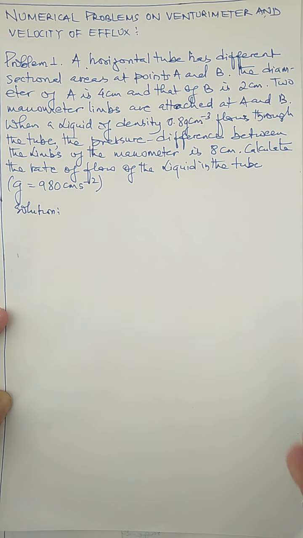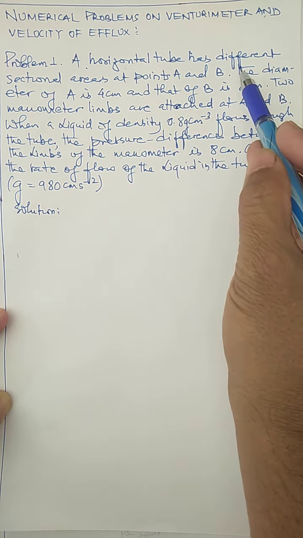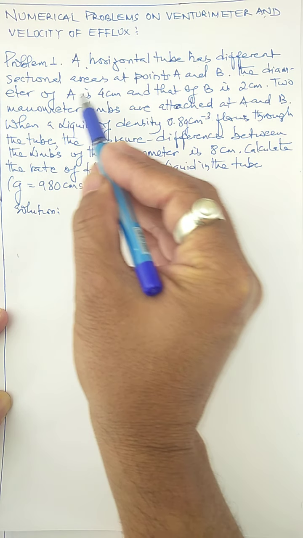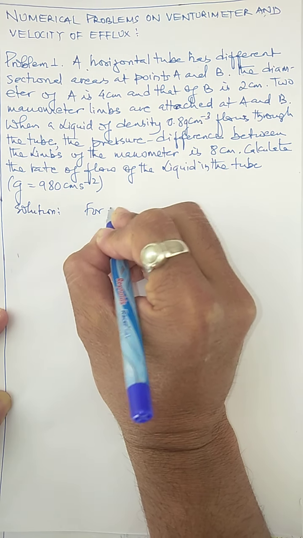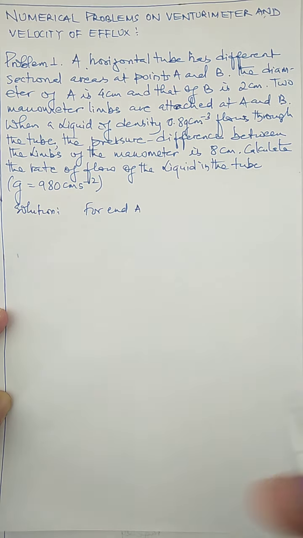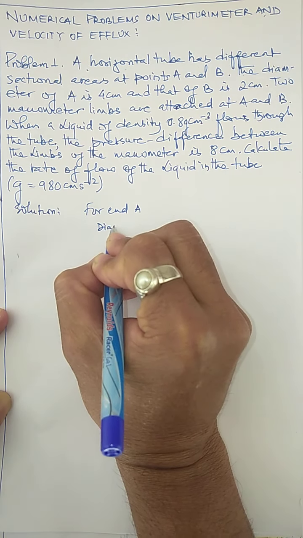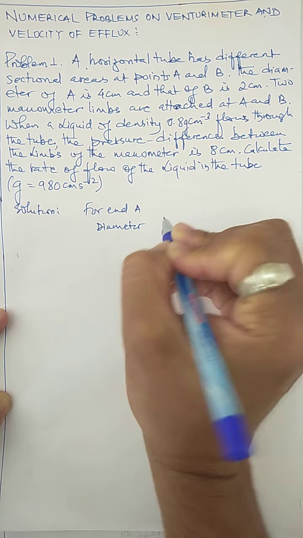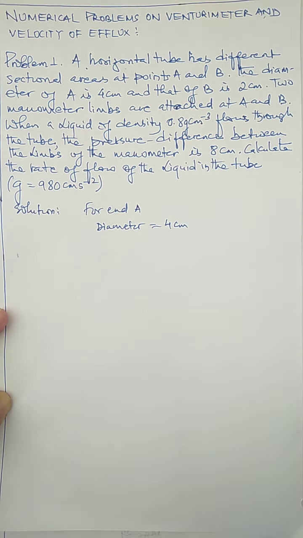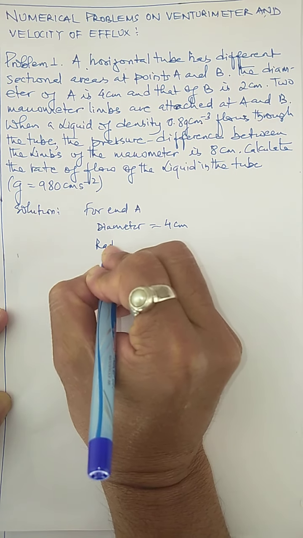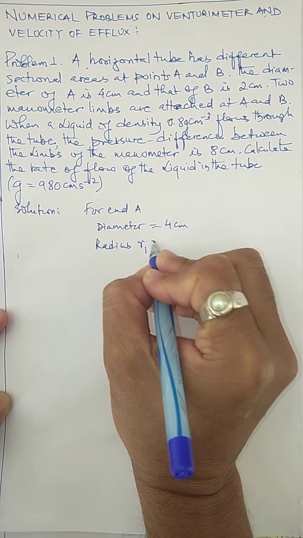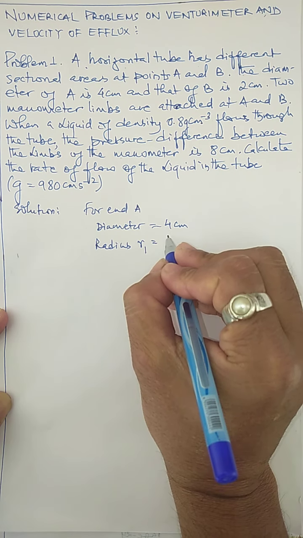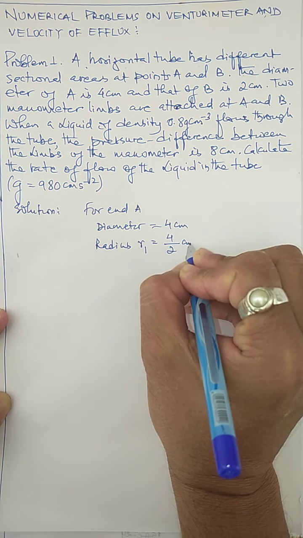Now the cross section areas are different, but the question says that the diameter of end A is 4 centimeter. Let me write down for end A of this horizontal tube, the diameter is given, and that diameter is 4 centimeter. Now when the diameter is given, then we can calculate the radius. I write that radius is marked by letter R1, which is half the diameter. Half the diameter means 4 by 2,